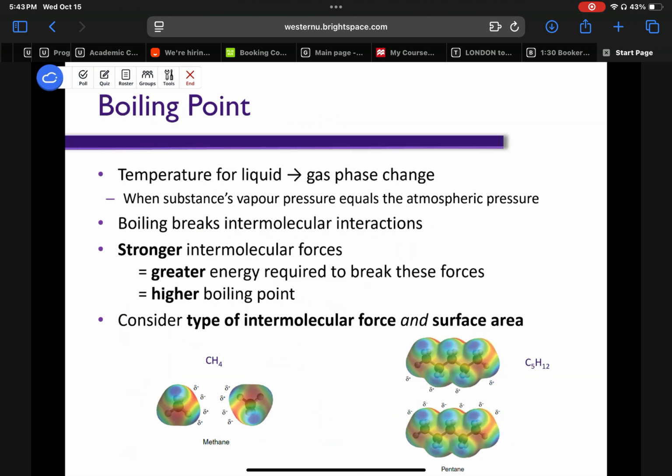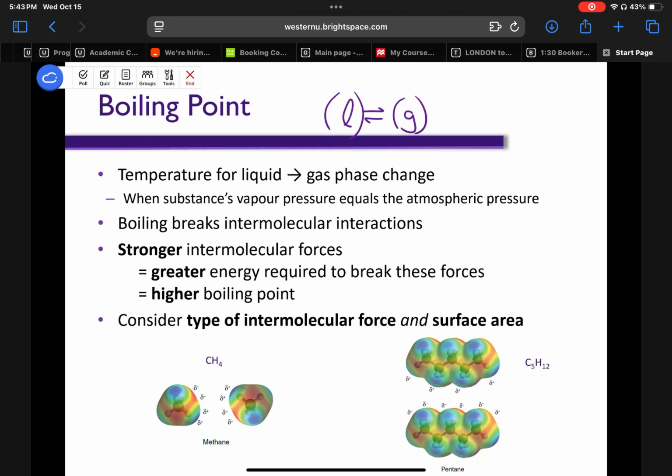And we're going to see that here. So what is boiling point? Well, something boils when it turns from a liquid into a gas. And we're probably all familiar with water boiling. You put water in the pot, you turn the stove on, it heats up, and once it starts to boil, some of that liquid water is turning into gaseous water. And you can see it condense on the lid, or you can see the steam coming up out of your